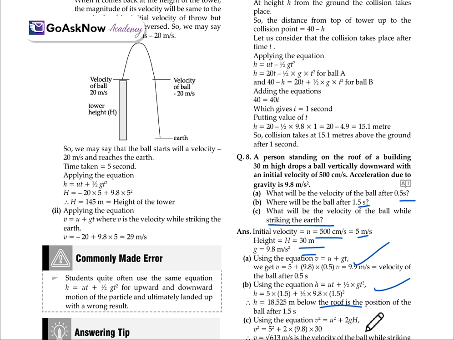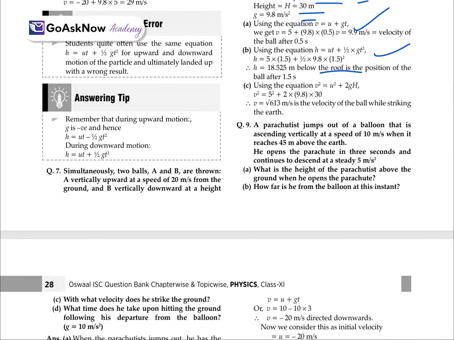And with the third equation of motion, you will get this. v square is equal to 5 square plus 2 into g into h. You'll have to simply put in the values and you get v equal to root 3,613 meter per second, the velocity of the ball striking. So, this is all about